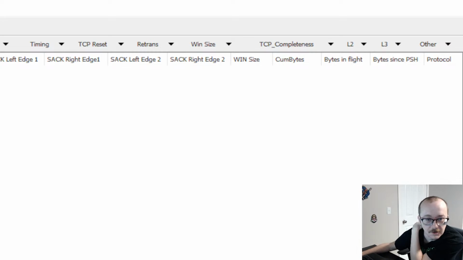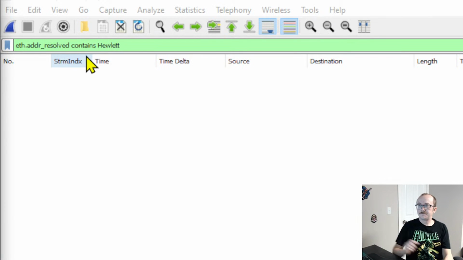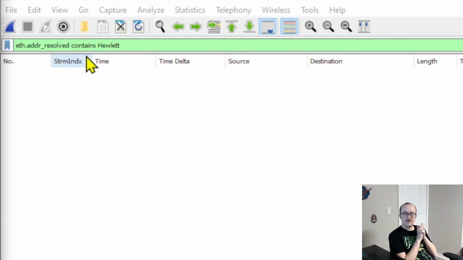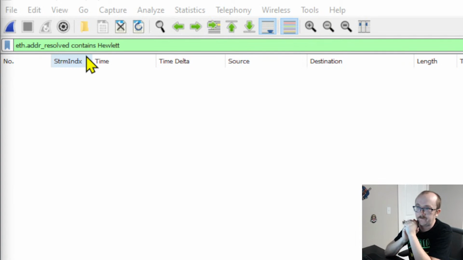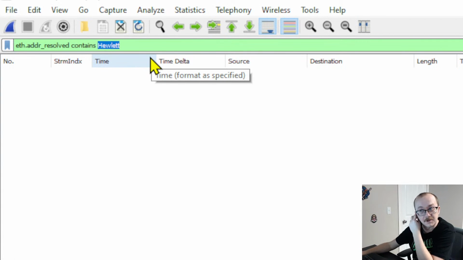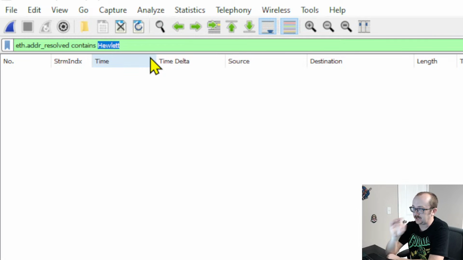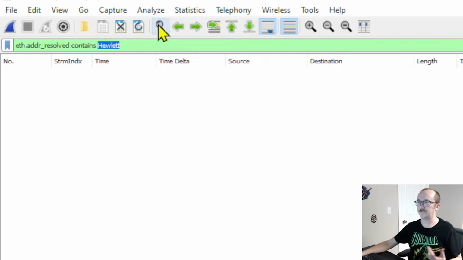Oh, interesting. Here, let's look at the filter here, folks. This is Ethernet address resolved contains Hewlett. This actually could be quite a useful filter because you could just change that name of Hewlett to whatever you want. Although I don't think that I'm going to steal that one because inside of actually